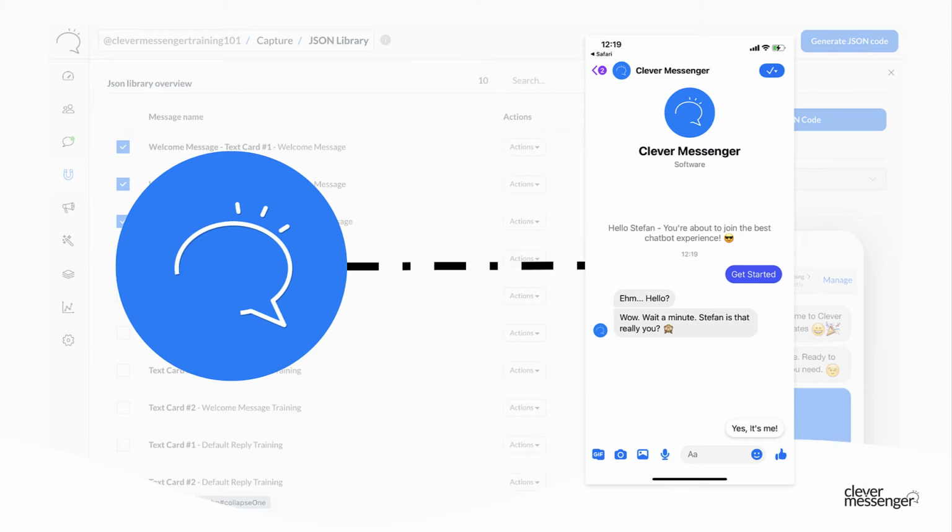In this video, I'm going to show you something very cool. You are going to discover how you can combine messages together using the JSON code generator. Basically, you're able to select specific messages, whether they're in the same flow or not, and tie those together. This will generate a string of JSON code, which you can then use in your Facebook Messenger ads,